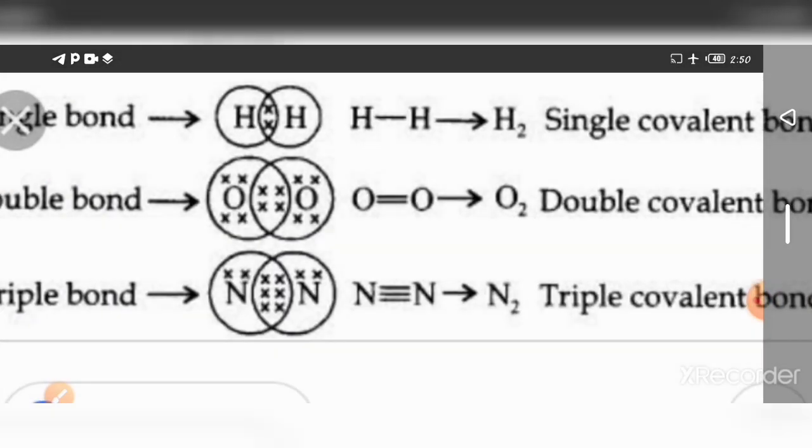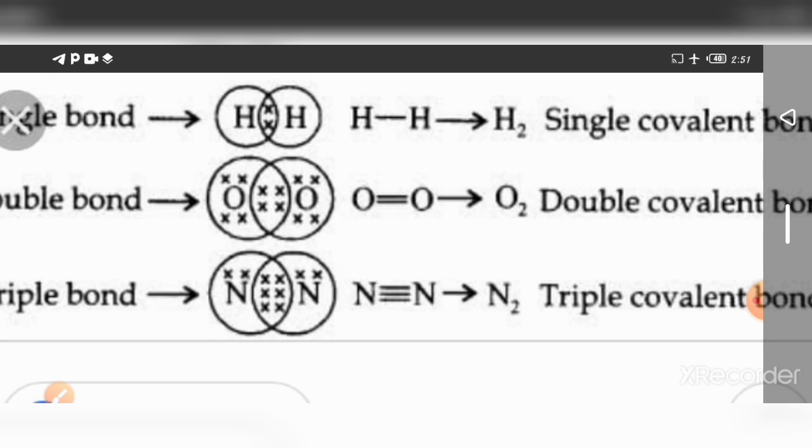Okay, next you know very well that is covalent bond. Will only a single bond be formed or not? No, here 2 or 3 bonds are also formed. Suppose the hydrogen, you know very well, the outer shell contains only one lone electron. It combines with another hydrogen to form one bond, that is, sharing of one pair of electrons, so a single covalent bond will be formed.